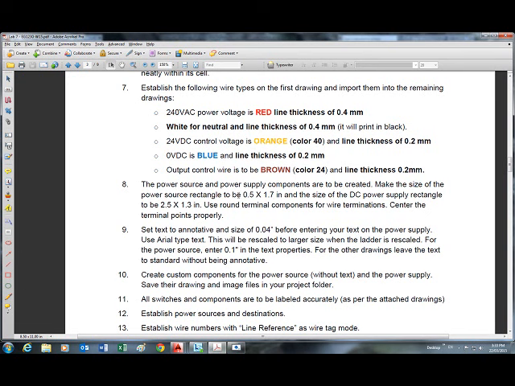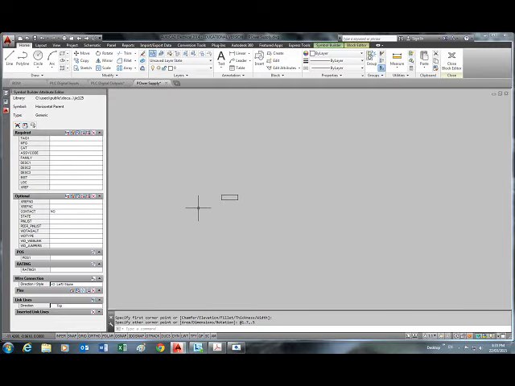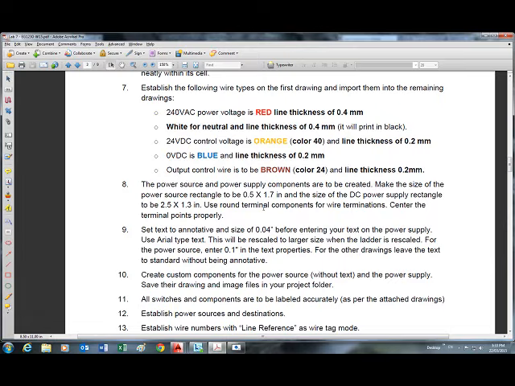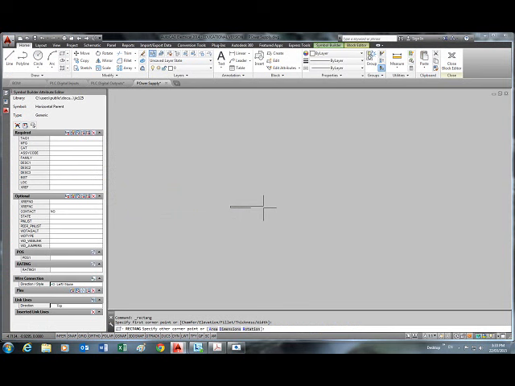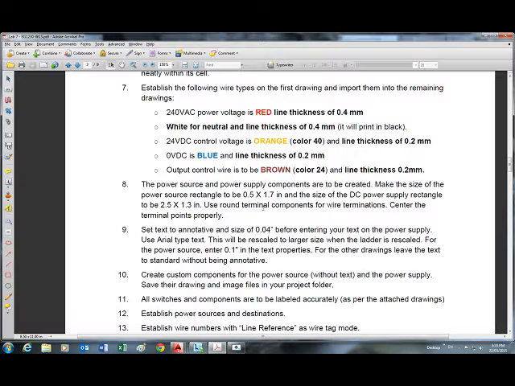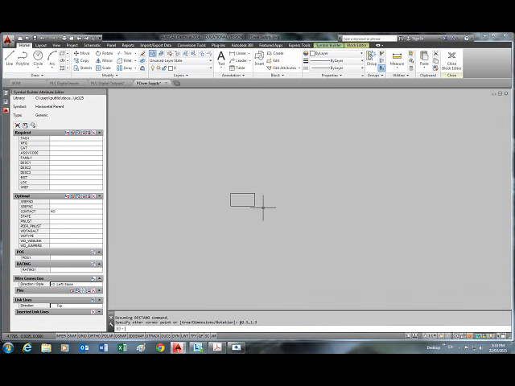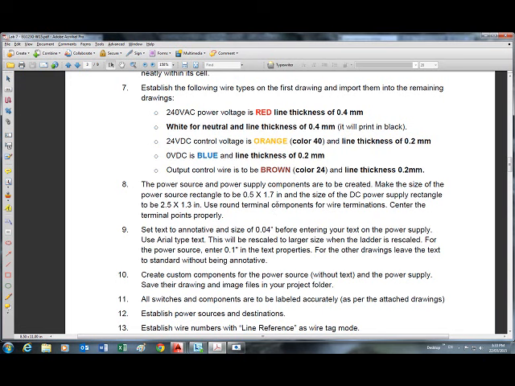Actually, that's for the smaller component. This one should be 2.5 by 1.3, so I'm going to undo the command again. So it should be 2.5 by 1.3 at 2.5 comma 1.3. Zoom in a little bit. Okay, and